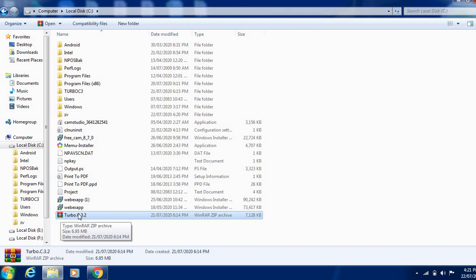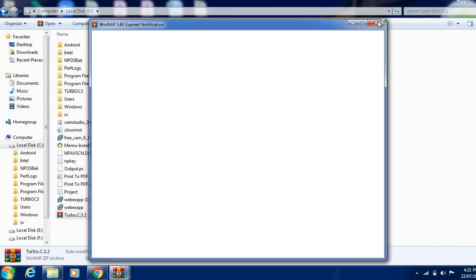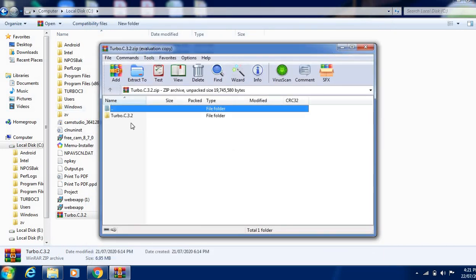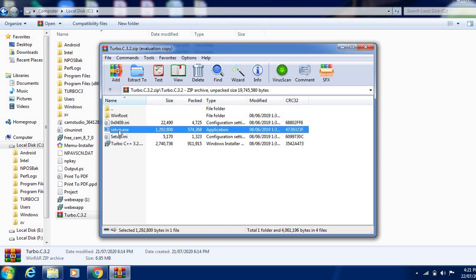After putting the Turbo C 3.2 zip file in the local drive of the computer system, just double click on that zip file. Then it will show the folder; go inside that folder and select the setup.exe file. I already did the setup on my computer, that's why I am not running setup.exe here, but you can understand.